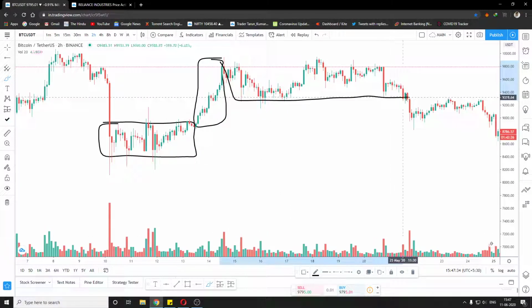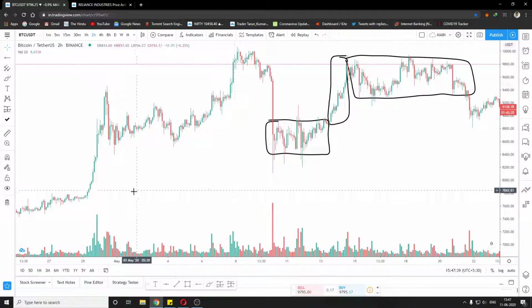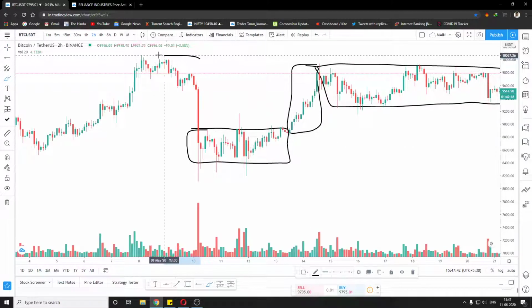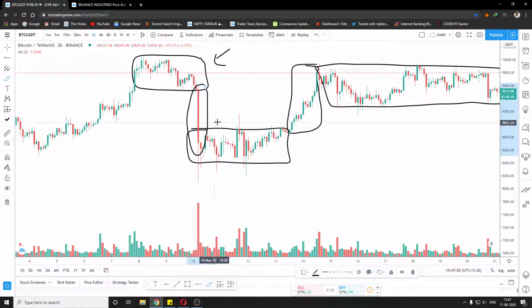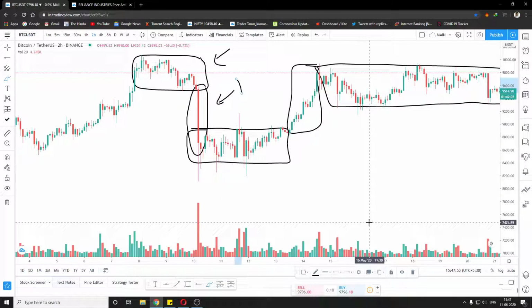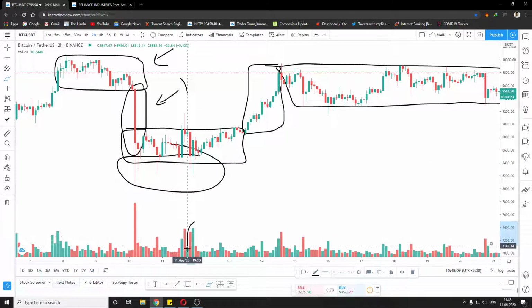while the up move was finished in this much time. Then we again went into a sideways market for a lot of time and the move was slow. In this example, we spent this much time in the distribution phase and the downfall was taken out in just a single candle. So this we talked about in the second video, how much time the market spends in the sideways market. Whenever there is a sideways market, we should watch carefully how the wicks are forming and how the volume is going.